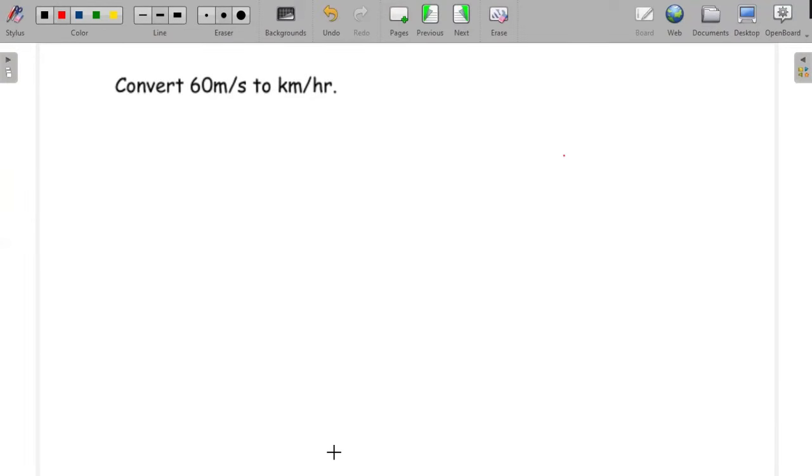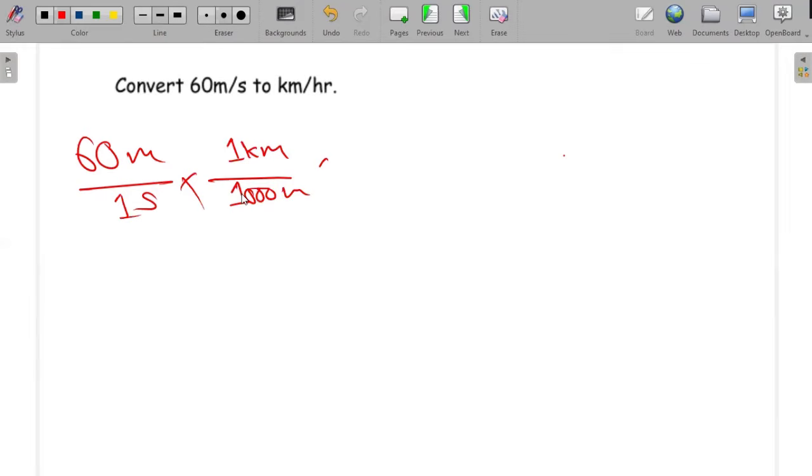Okay, so we have this question which is saying convert 60 meters per second to kilometers per hour. Okay, so this is one of those simple questions that I was talking about. So we're going to say 60 meters per 1 second, multiplied by the conversion factor for a meter to a kilometer. We want to get rid of the meter, so say 1 kilometer here, which gives us 1,000 meters,